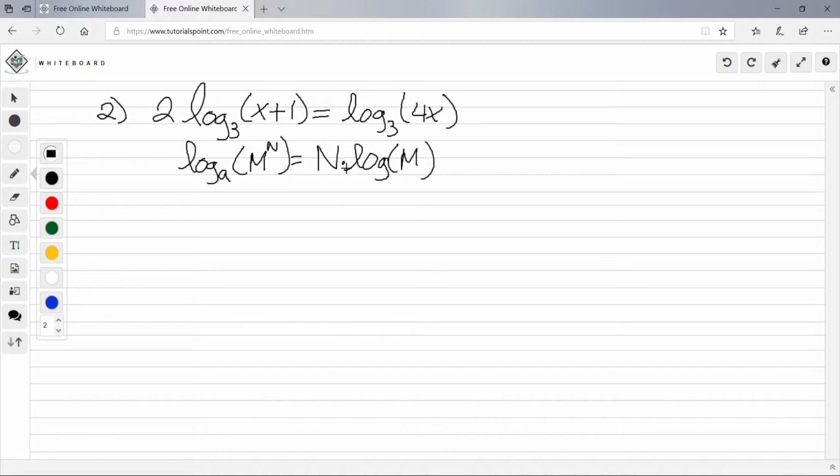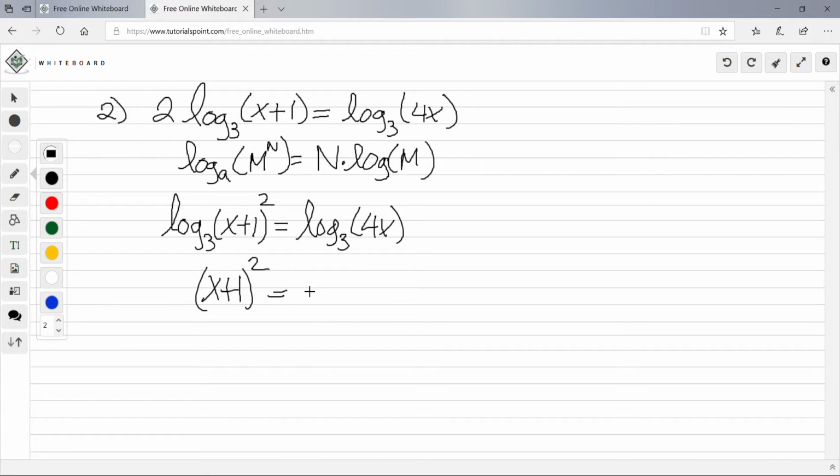So we can rewrite it as log base 3 of x plus 1, squared, equals log base 3 of 4 times x. We have the same base, log base 3, so we can just ignore it and bring down what we have, so x plus 1